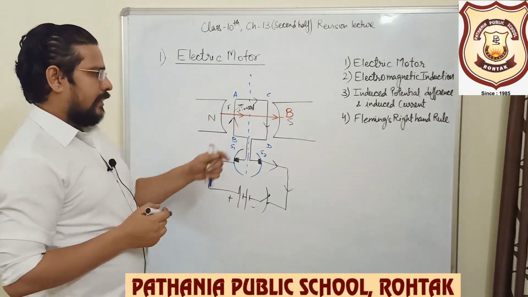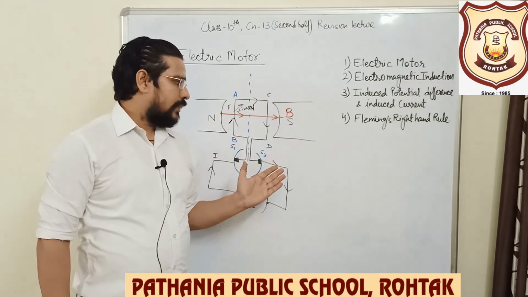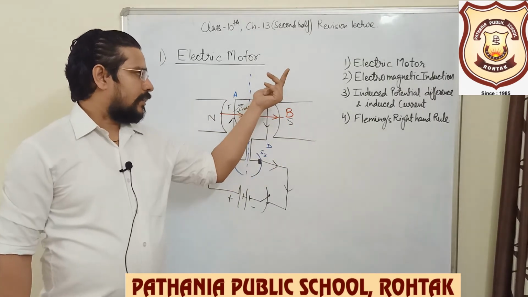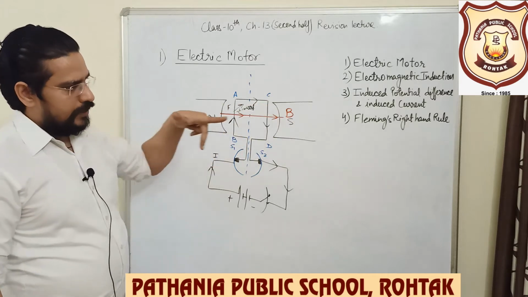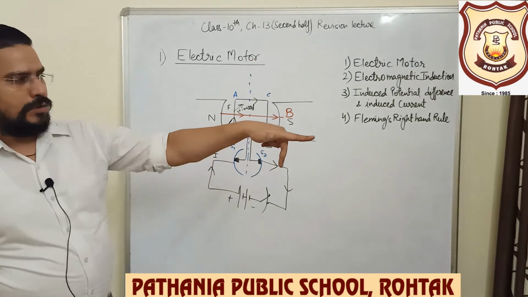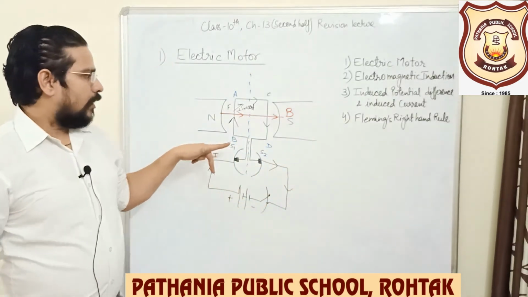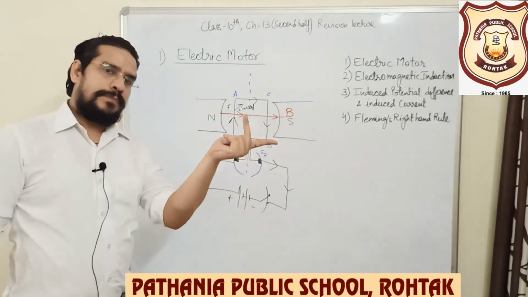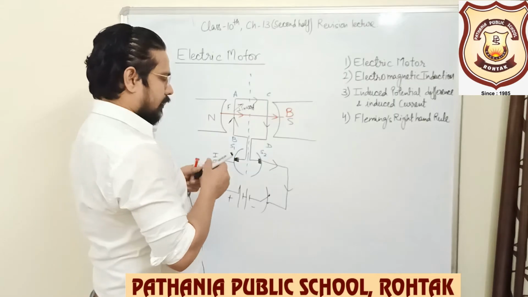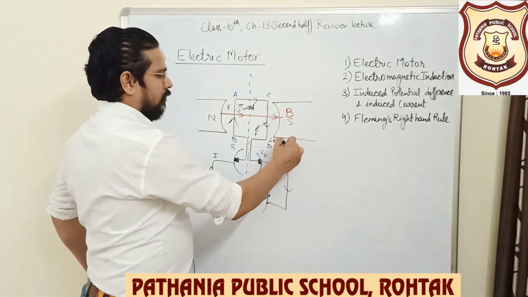Similarly, consider the CD conductor. When we apply Fleming's left hand rule on the CD conductor, the direction of magnetic field is the same, but this time current is not in the upward direction but in the downward direction. So the conductor will now feel a force in a direction coming out of the board, perpendicular out of the board towards you. So the AB conductor is feeling force into the board, while the CD conductor is experiencing force towards you. Let me represent this force also by this vector, perpendicular outward direction.